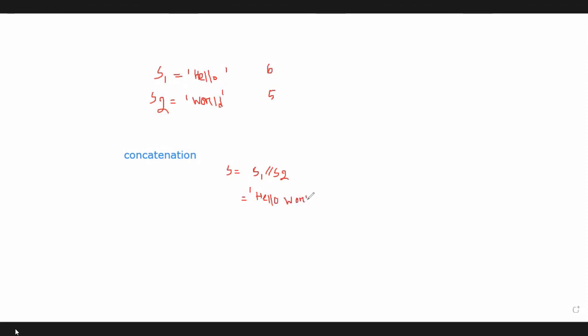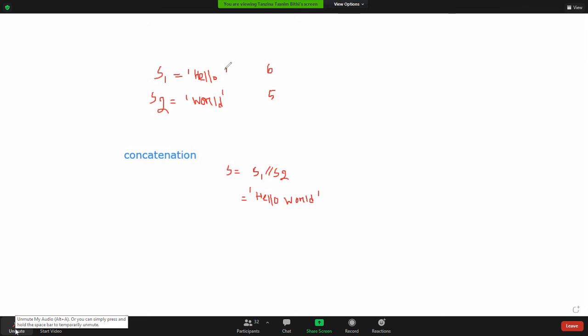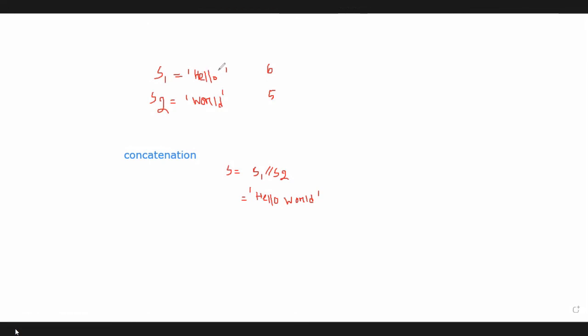So this is a new array S. How did we get S? After adding these two strings S1 and S2, we got S, right? If the length of the first string is 5, with no blank space, then after adding these two strings, what will be the output? Helloworld, no space. So it will be like this.